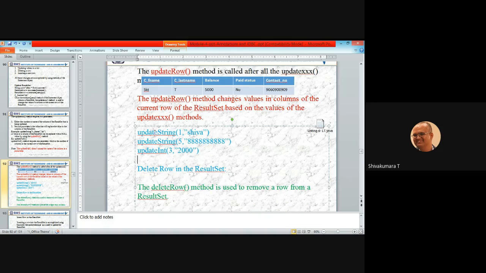After applying the updateXXX methods, to execute this you need to use the updateRow method.